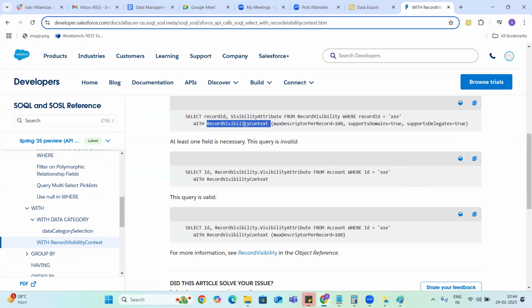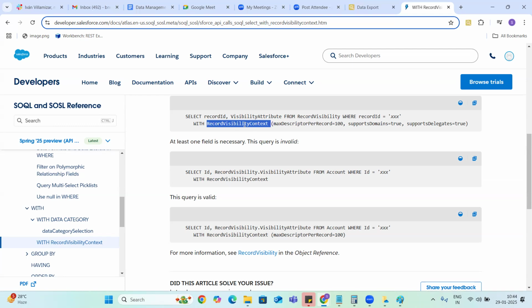Whenever you give it, it will check on your profile level, in the field permissions, whether the field is visible or not.